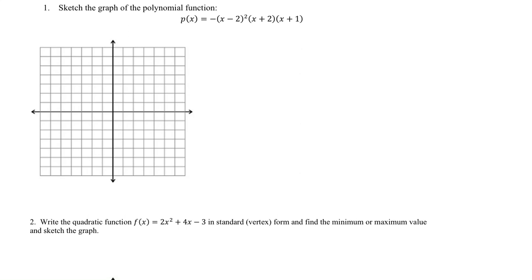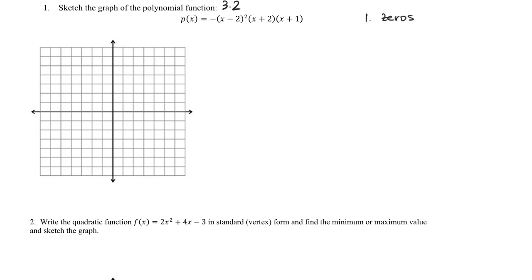All right, question 1 from the Unit 2 version B practice exam. This is from section 3.2, graphing polynomial functions. Now, the steps I suggest you take were 3 steps. Step 1,